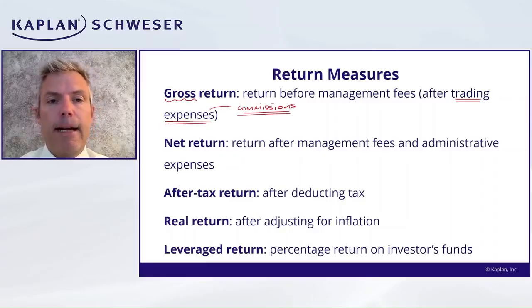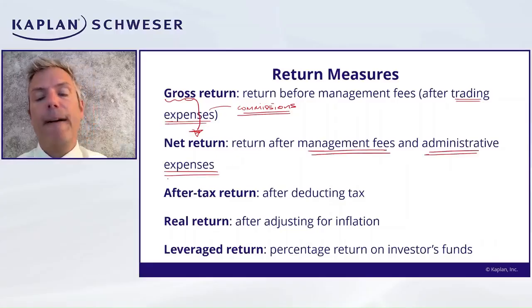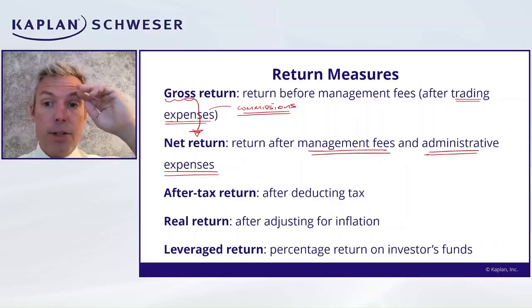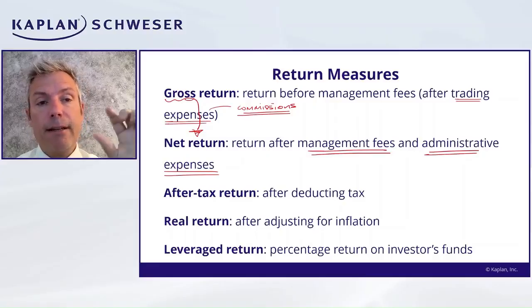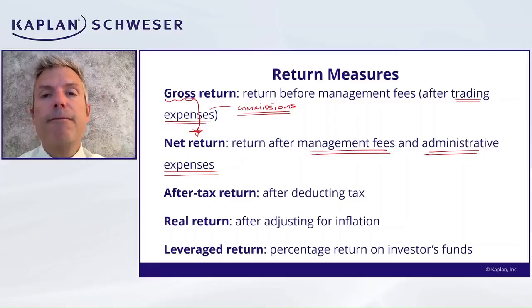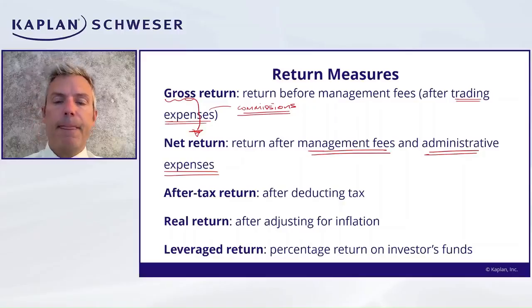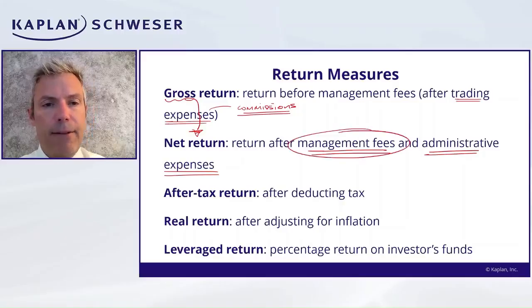that sort of thing. The net return is looking at adjusting the gross return for the expenses of the manager, the management fees, and the administrative expenses of the fund. So if you're told about any general expenses of the fund, things like custody, audit, and you're told about management fees, they would be taken off the gross return to get to the net return. The difference between the gross return and the net return really reflects the cost of running the fund, and primarily reflects the cost of the manager being paid to run the fund, alongside other disclosed